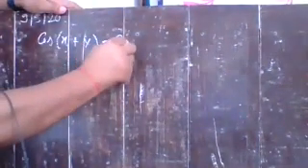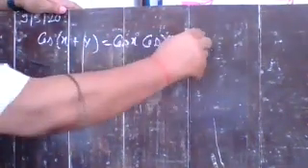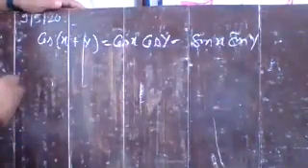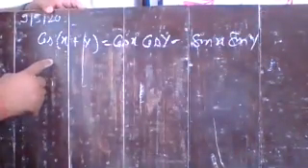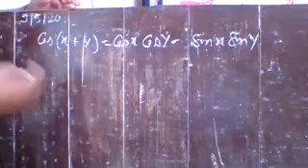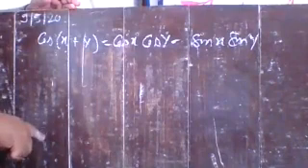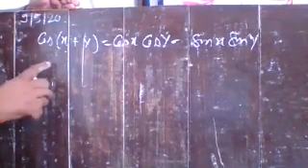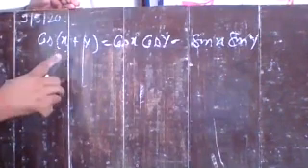Okay. So here I want to derive the formula cos(x + y) is equal to cos x cos y minus sin x sin y. So that is your basic formula. Understand? And with the help of that formula, you can derive all the formulas related to trigonometry. Understand? So first of all, you think about how you derive this.